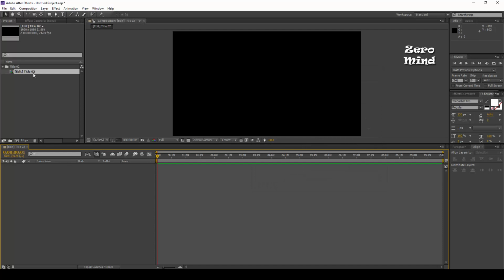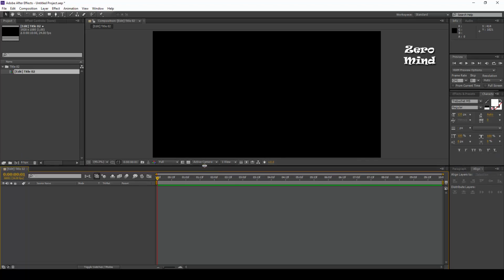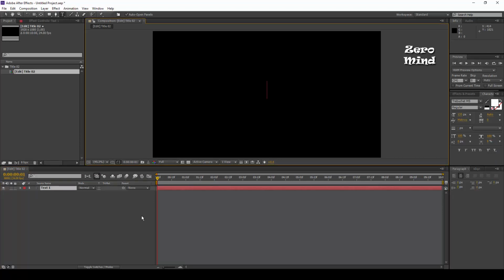Once I create a new layer, I want to write some text, so I select here and hold down Control Alt Shift T to get a text layer, and I write one text.